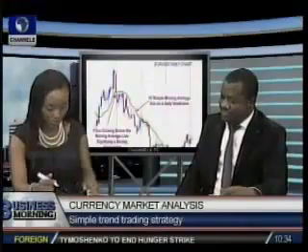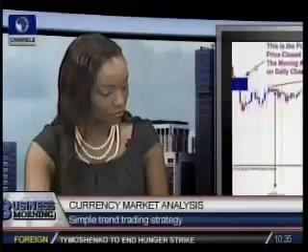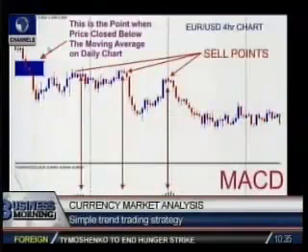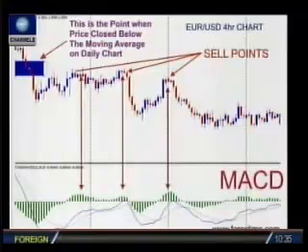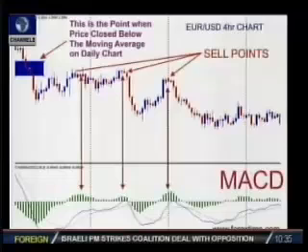Okay, let's move on. Let's look at the next tool just to confirm our trades. That's the euro, the same currency pair, but what we're going to do is go to a lower time frame. We'll go to the 4-hour. We were looking at the moving average on the daily chart before. Now we'll go to a lower time frame, which is the 4-hour chart. Now, if you look at